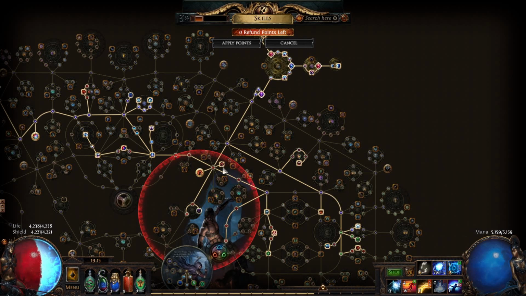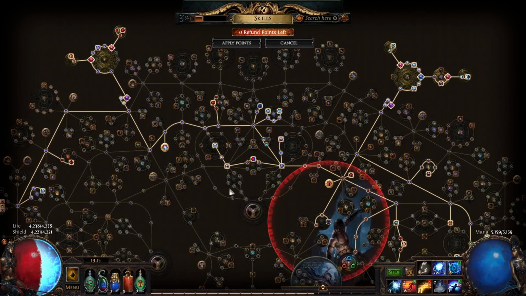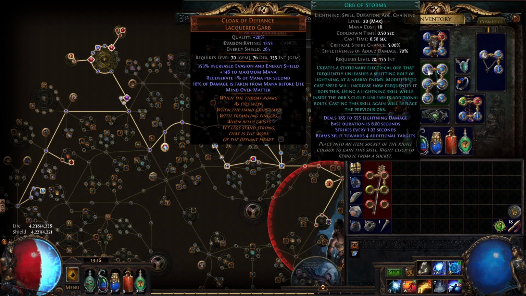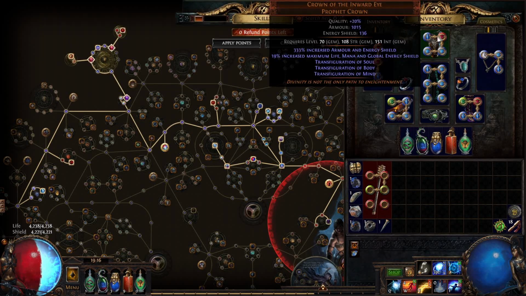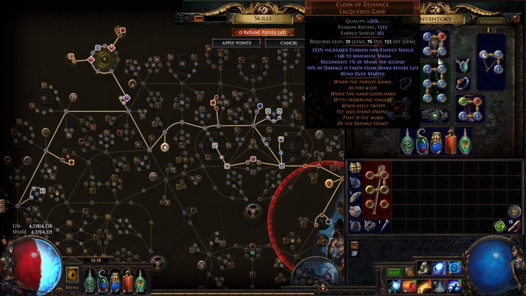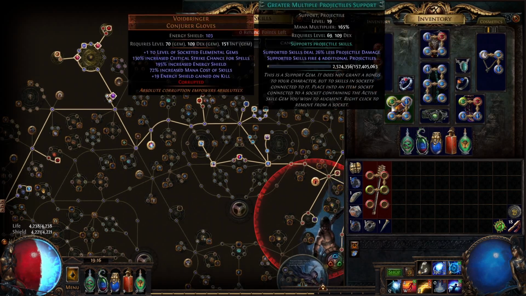Doomcast, if you can afford it, Arcane Potency, and then you want to start getting items that give you spell crit chance, since Orb of Storms naturally only has 5% chance to crit. Ball Lightning as well has a pretty low chance to crit, 5% chance. Stormcall as well has 5%, or so Stormcall 6%. But yeah, 5% is really hard to scale off of,